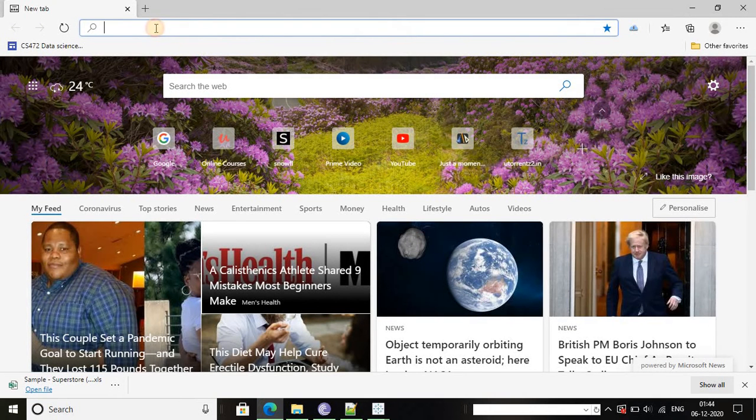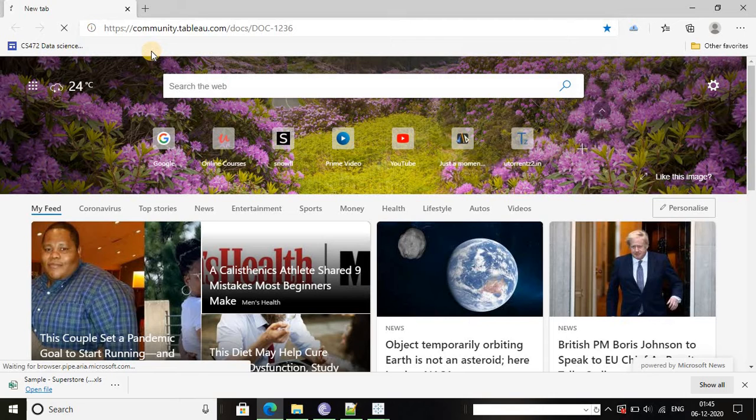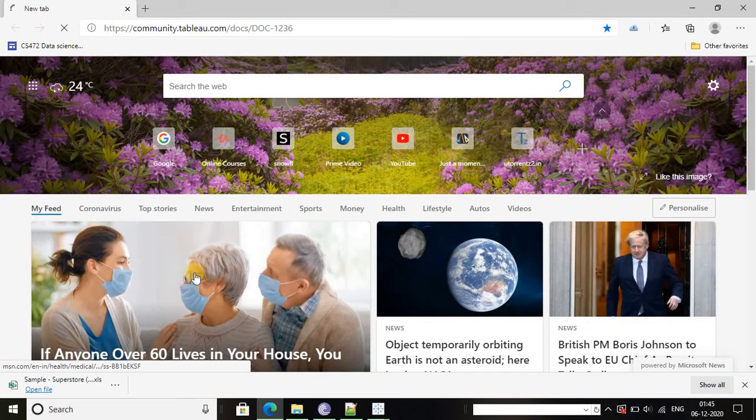I'm going to copy this link and paste it in my browser. This link leads to the website where we can find the US Superstore dataset, which is open source and easily available online. We are going to download the dataset and import it into Tableau Public.